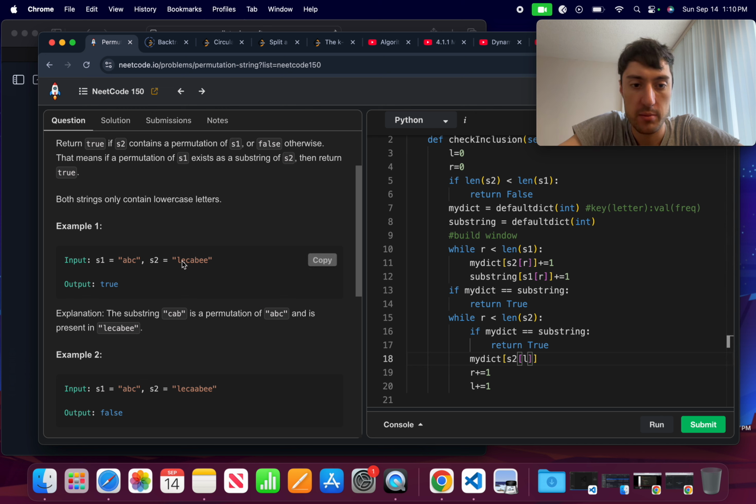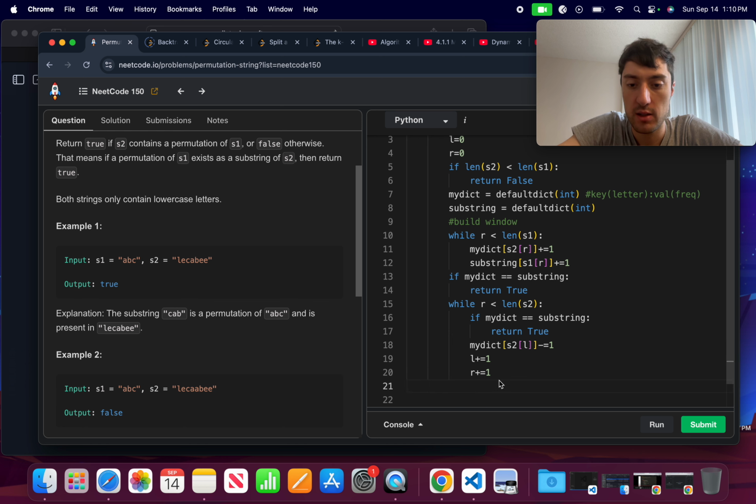Let's say that I'm kicking this E out, so it's minus equals 1. So I just decreased that. And then I can do the left plus equals 1, so I move that over. Now I need to process this right one. I do increase this, and then I say if